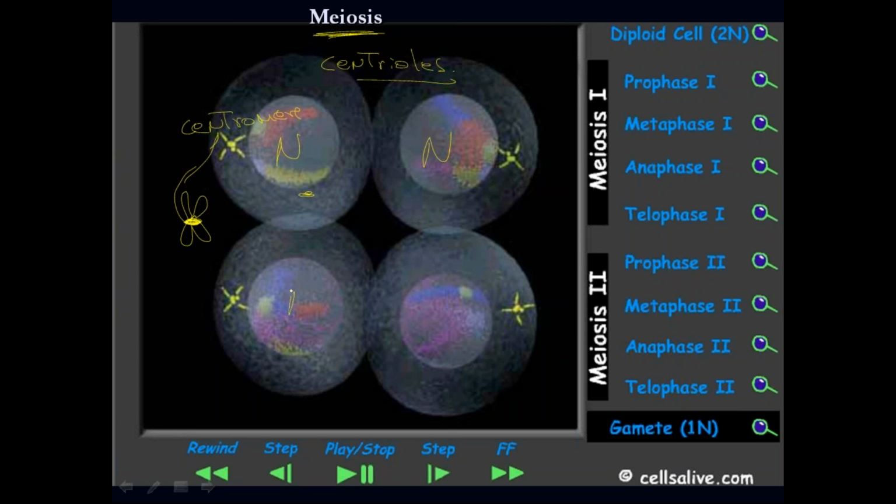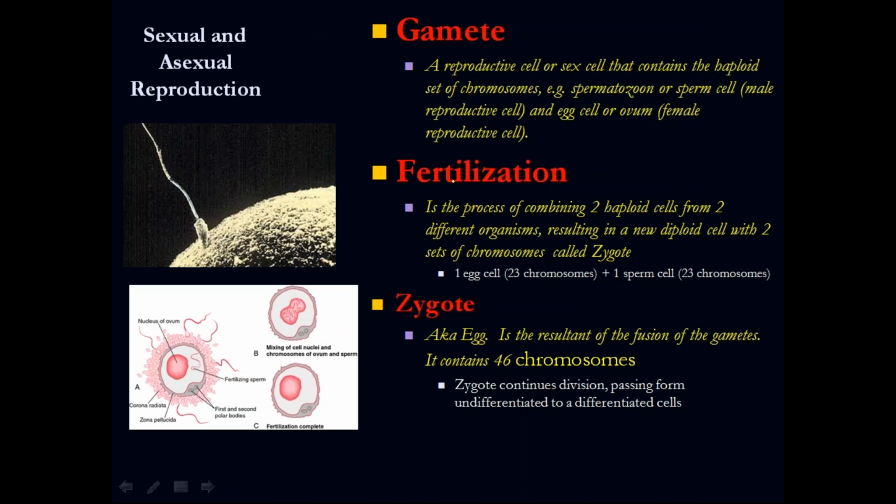N chromosomes each. And how do we call this? Haploid cells. It can happen in female, it can happen in male. In female it is going to be like this, 4 ovules, and in male it is going to have the tail, well, it's bigger, and that is going to be the spermatozoids. Okay. All right, so here we have the gamete.